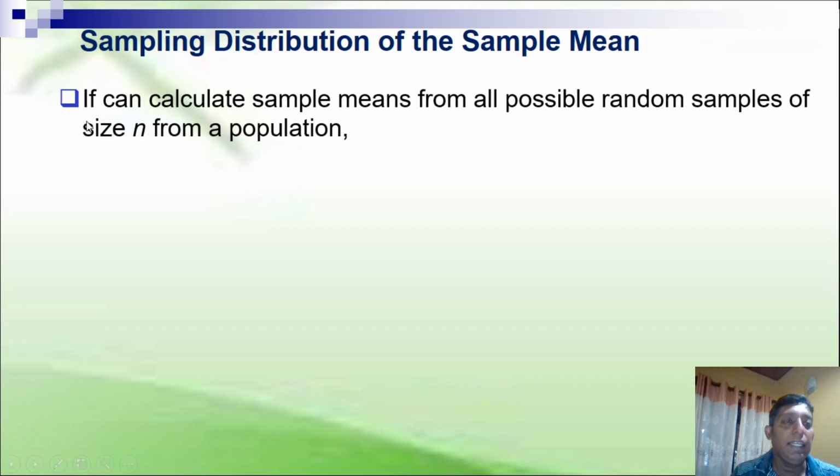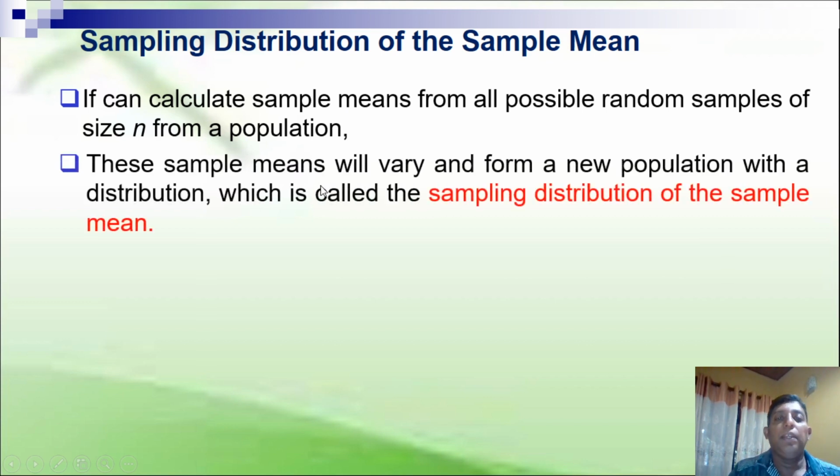That is why we say, if we calculate sample means from all possible random samples of size n from a population,